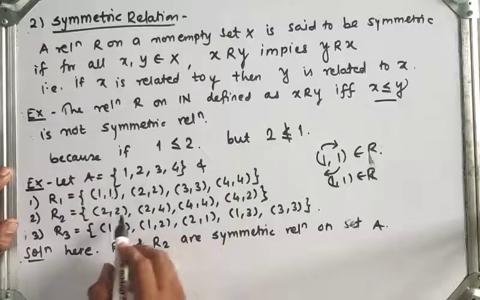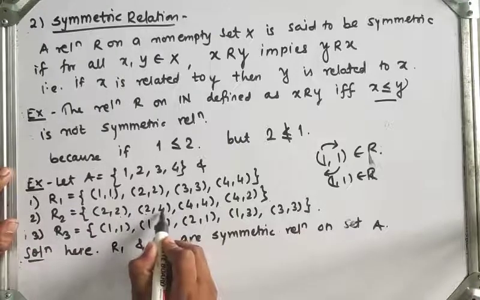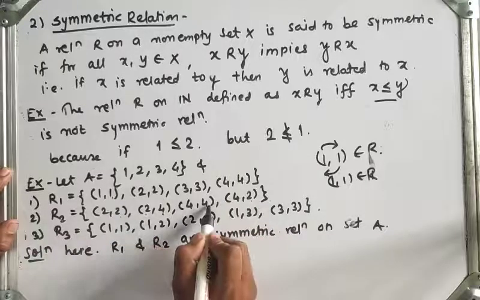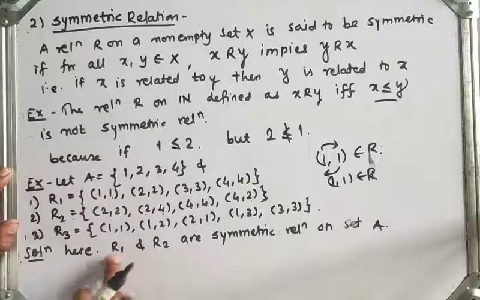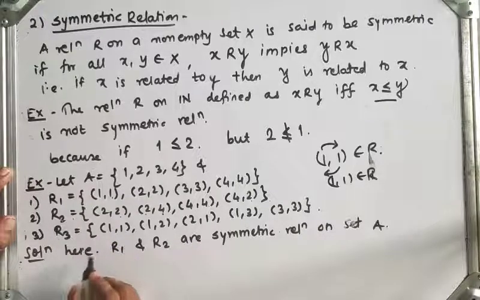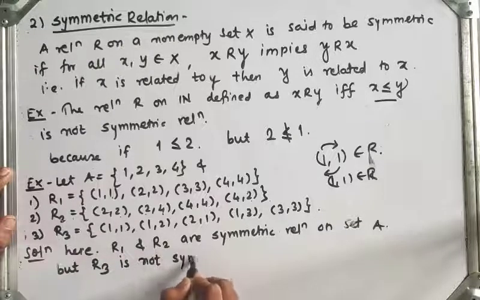In R2, (2,4) belongs to that set and its opposite (4,2) is again in R2, right? (4,4) again belongs to R2, therefore R1 and R2 are symmetric relations, but R3 is not symmetric,